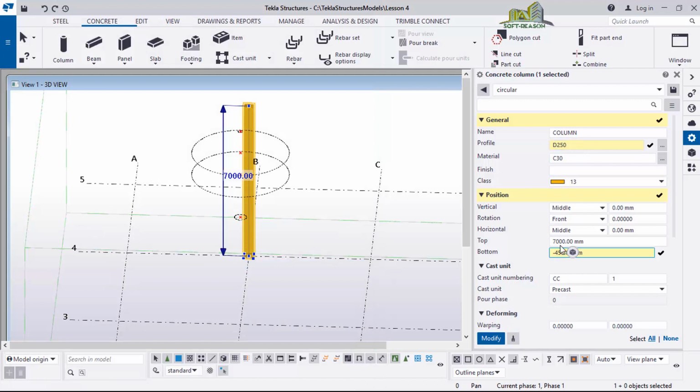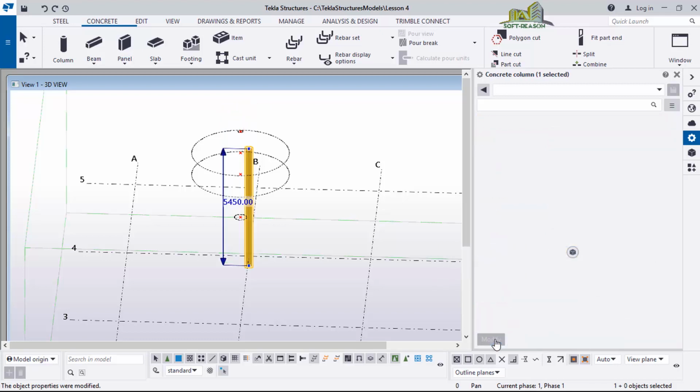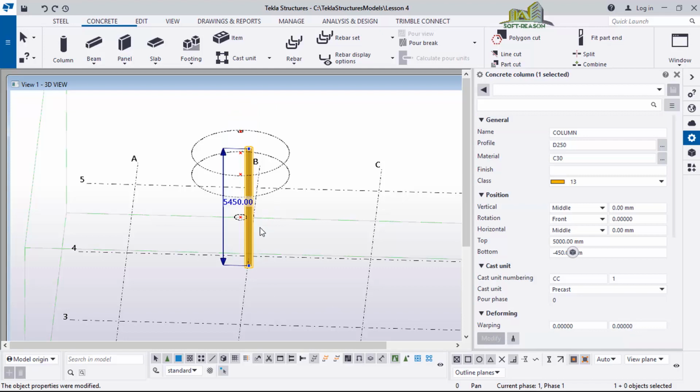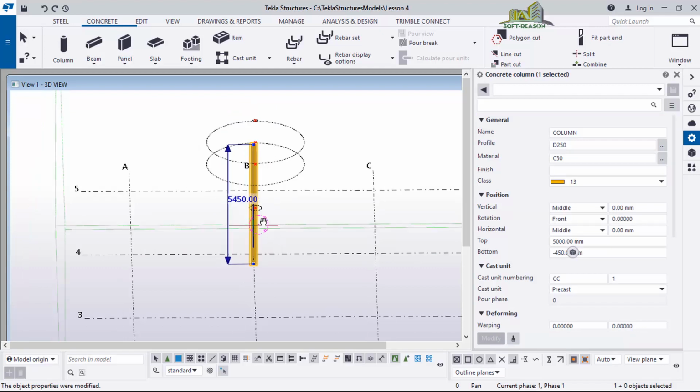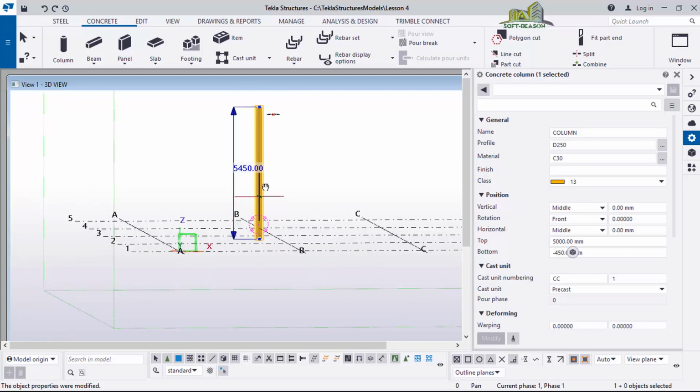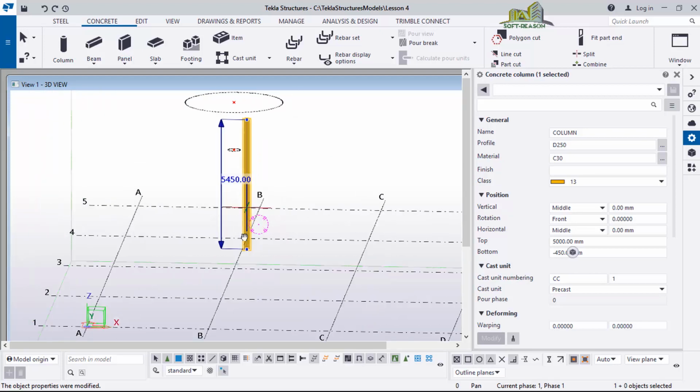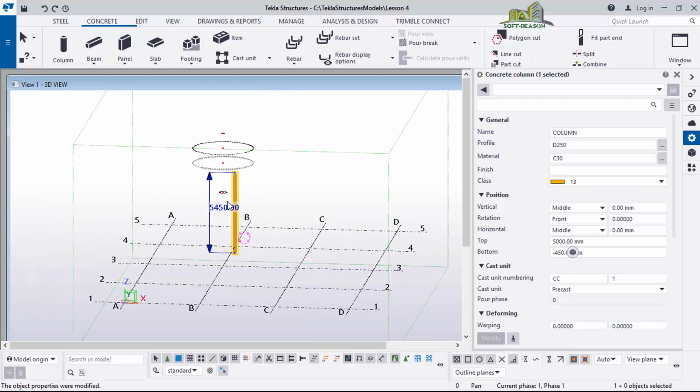Then from here I'll change it again to 5 meters and click on modify. So I have it something like this. This is 5 meters height. If I rotate this to see it, it's 5 meters.